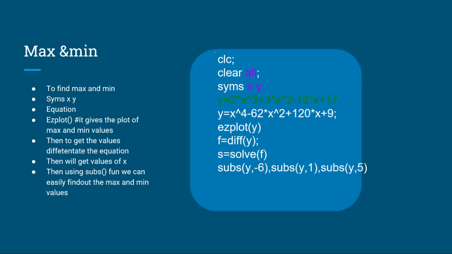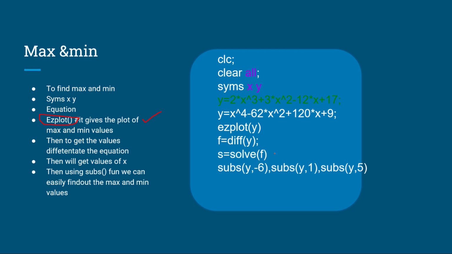To define the maximum and minimum values, we are going to use a function called ezplot, which is going to give the maximum value, minimum value plot. On the plot, we will observe the function. In a similar way, first we should enter the equation, then we will have the differentiation equation, first order differentiation. After that we need to find the roots of the equation we have got, by using the solve